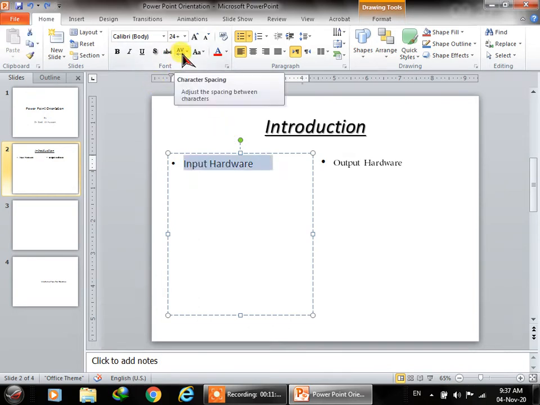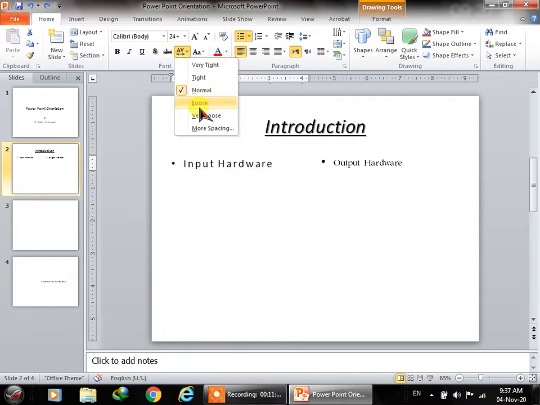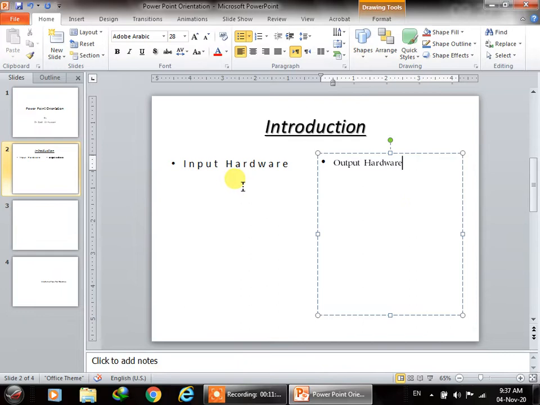This is for character spacing: very tight, tight, normal, loose, or very loose. Now you can see the difference over here. The space between every character is more as compared to here. And this is all formatting.